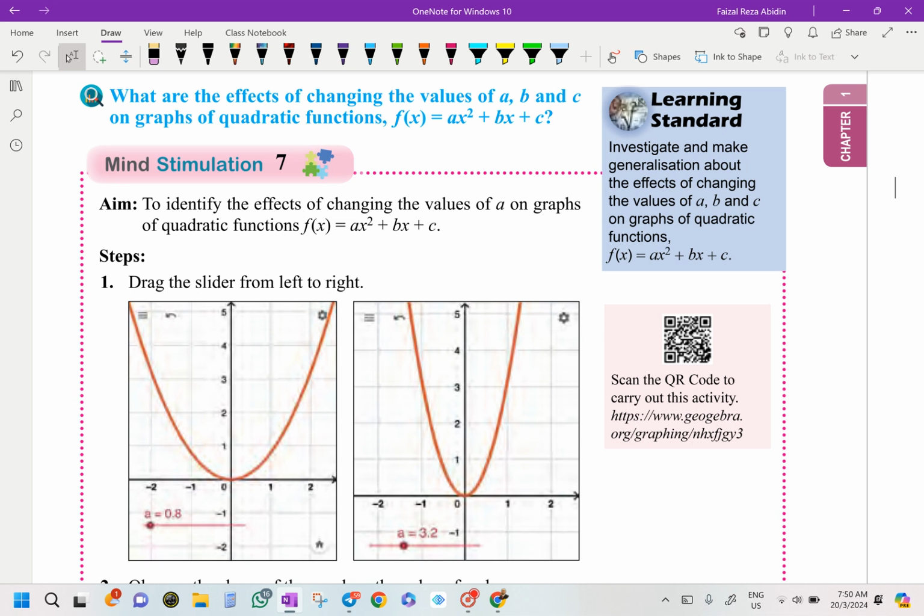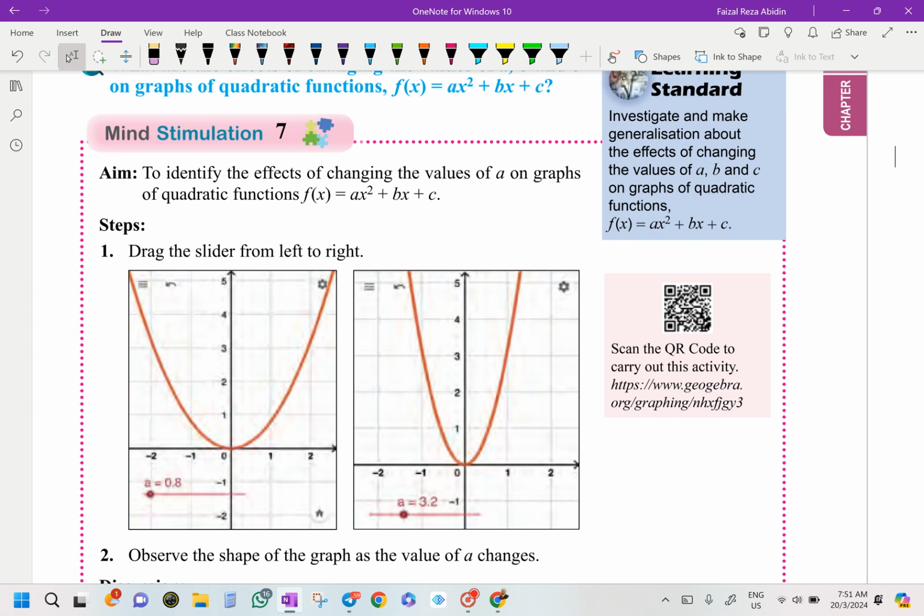We know already the value of A, B, and C from our quadratic function. Okay, so what happened when our A is changing? What happened when our B is changing? Kalau tengok dekat sana simulation tu, yang ni saya tak boleh nak drag apa semua sebab this one is using the